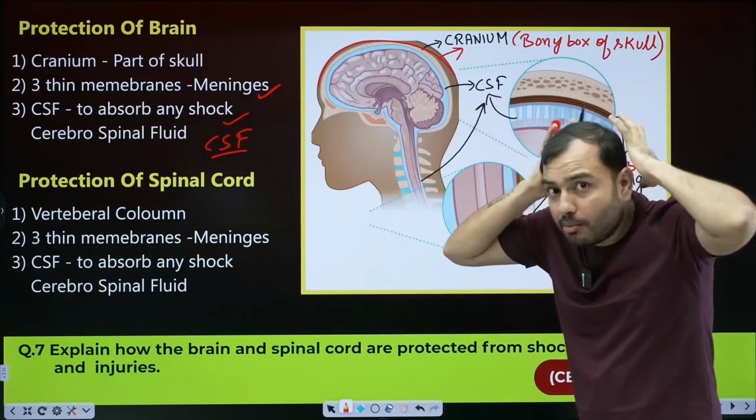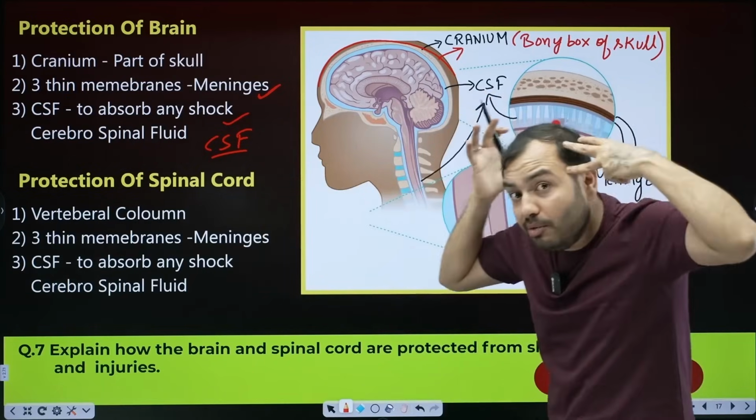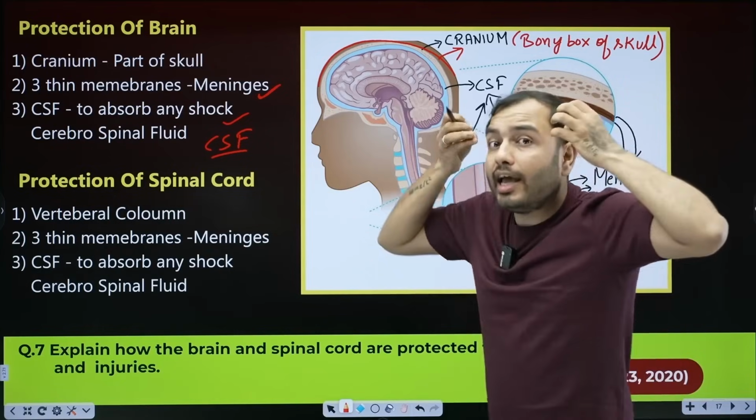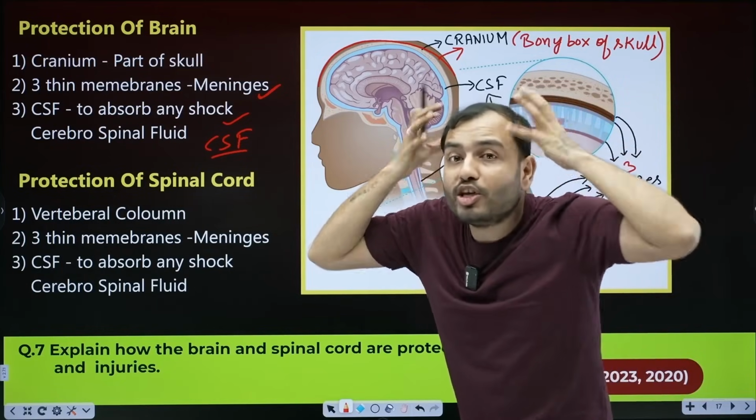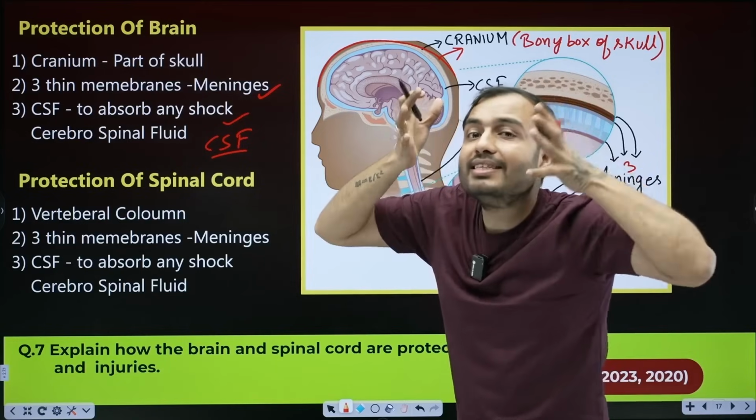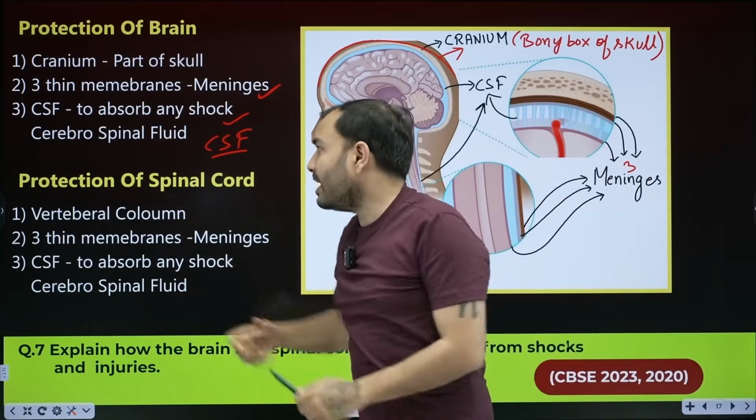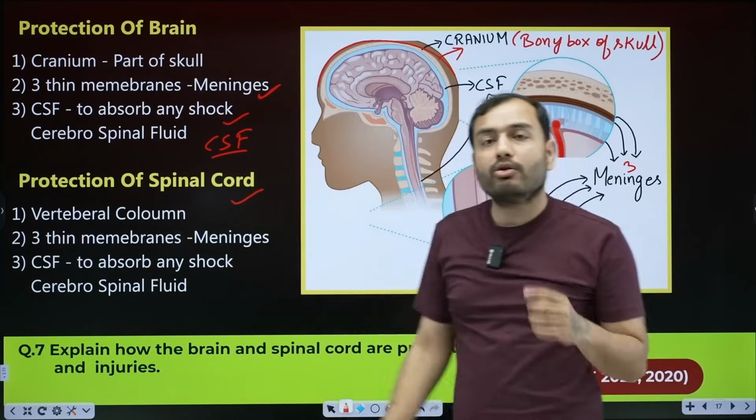Not your face, only the skull. The bony box comes first. The second one is three membranes, the meninges. What is the third thing? A fluid filled inside, like a balloon. Inside, the fluid is filled. CSF, cerebrospinal fluid. If I talk about who is protecting the spinal cord, the spinal cord is first protected by